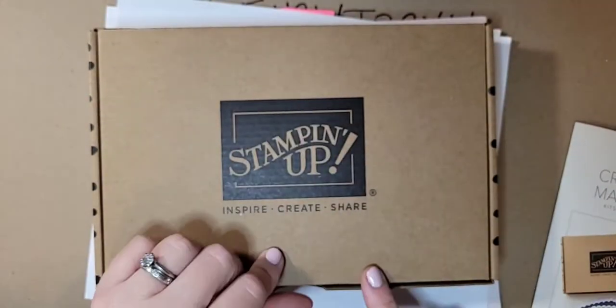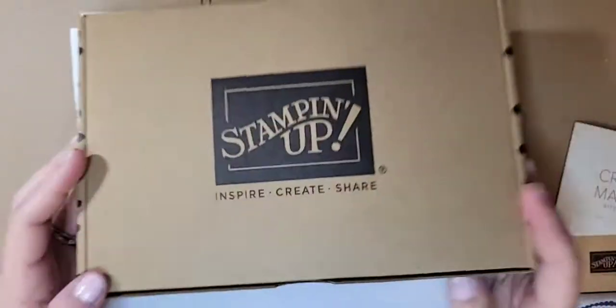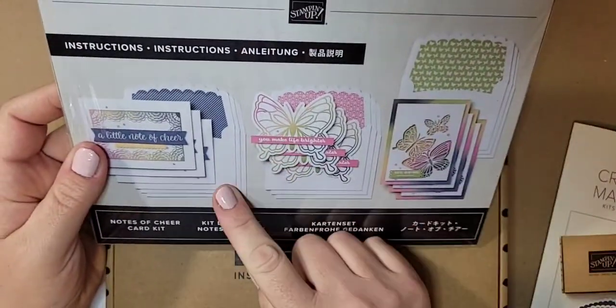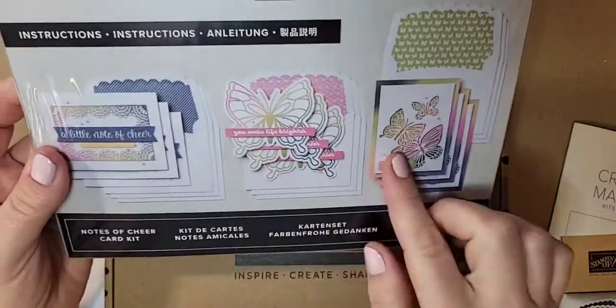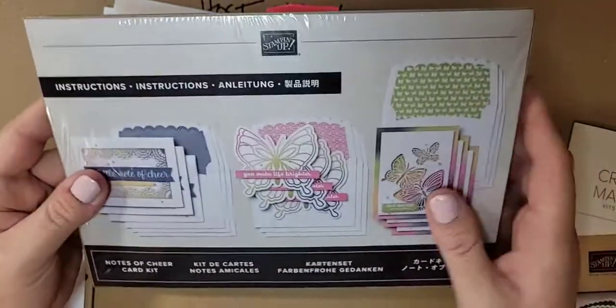So I have one here that I want to show you. We're not going to do it today, but I just want to show you how they come. They come in these great Stampin' Up boxes. They look like Paper Pumpkin boxes, but they're great Stampin' Up boxes. And this one is the Notes of Cheer kit. This one actually does not have any stamping in it. If it had stamping, you would also get the ink spot and the stamp with it, but this is actually